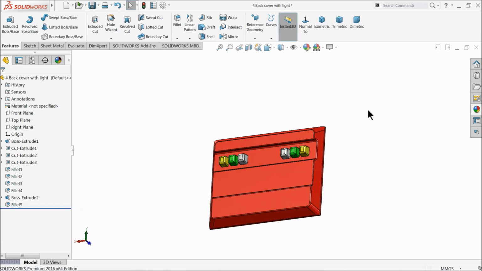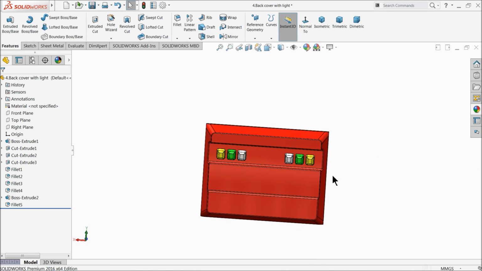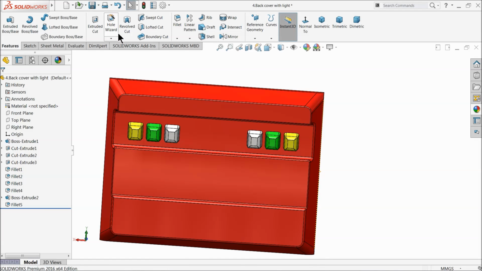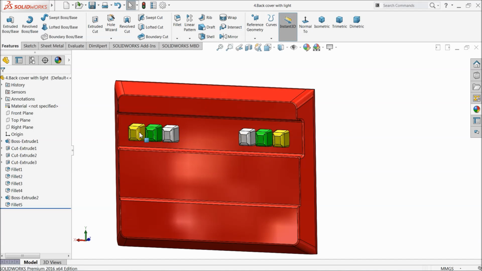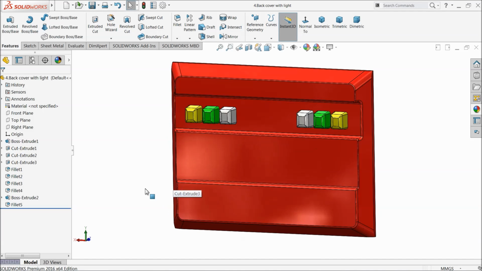Okay, now we save this back cover with light. Save it as a back cover with light. Okay, let's